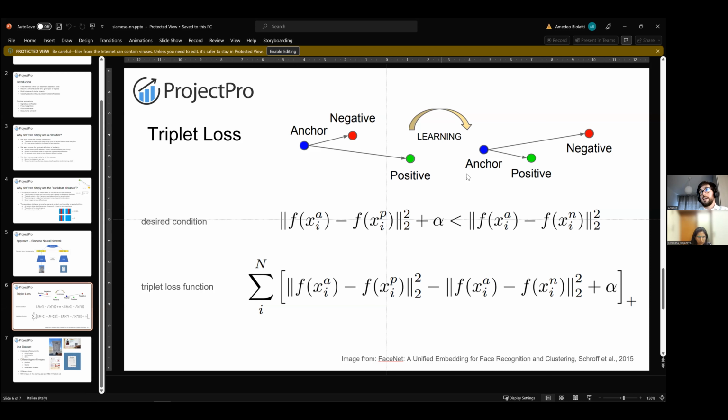Then there are the easy cases, where the negative is farther apart than the positive and the difference is greater than alpha, so the loss is 0 and the model will learn nothing from it. So the easy cases are not useful for training the model. We need to focus on either the hard or the semi-hard ones.